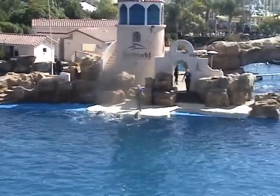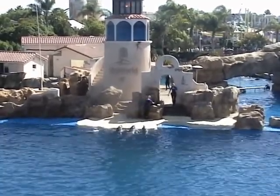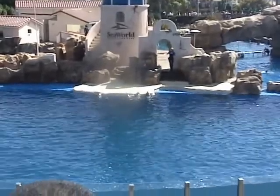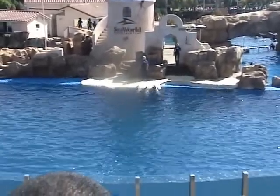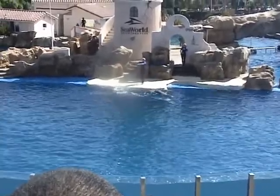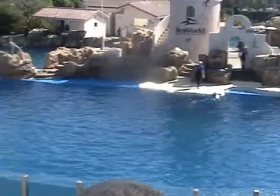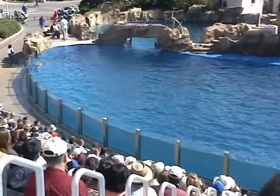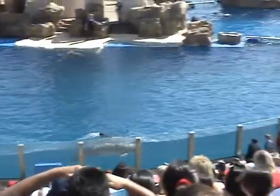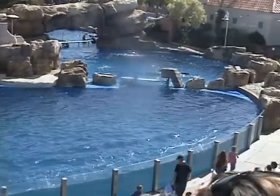Once again, welcome to Discovery Cove. My name is Rachel, and now it's my privilege to introduce to you our family of Atlantic bottlenose dolphin stars. First up, we have a newcomer here. His name is Diego. He's going to be speeding along the glass for you. Next, we have a dolphin with